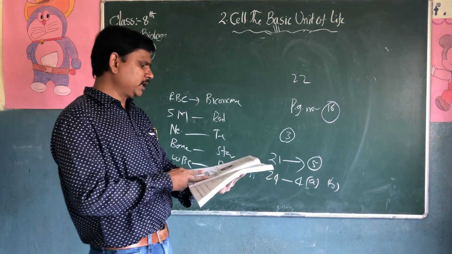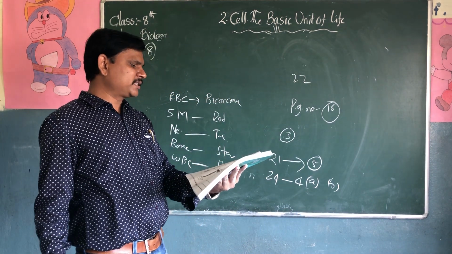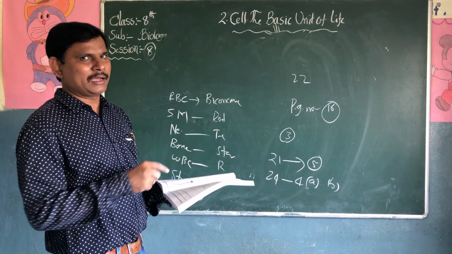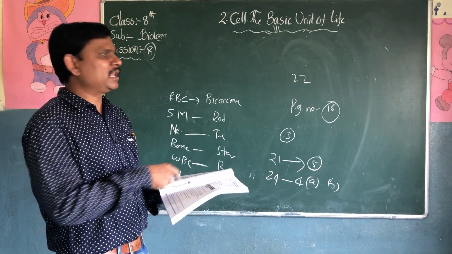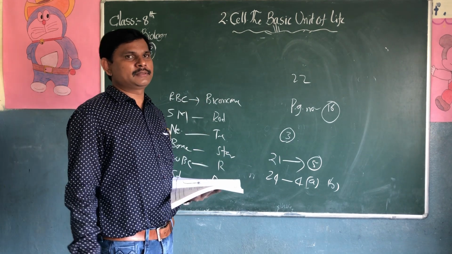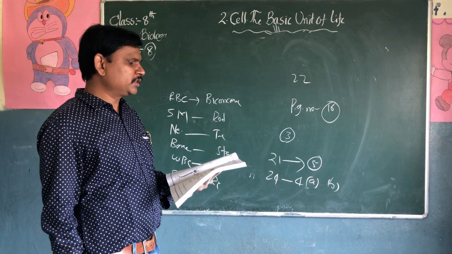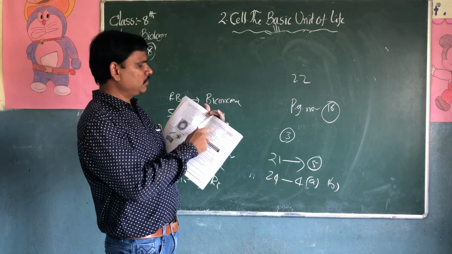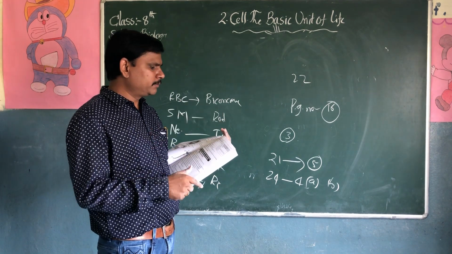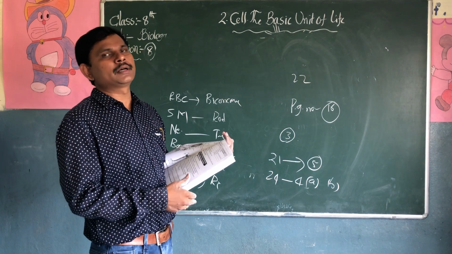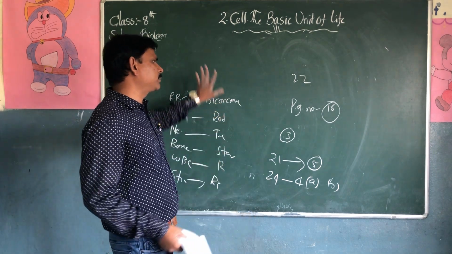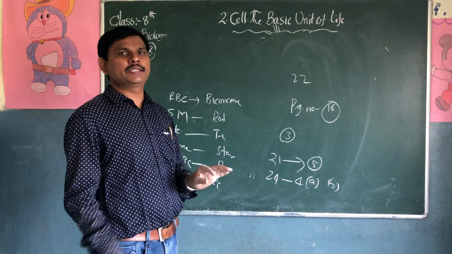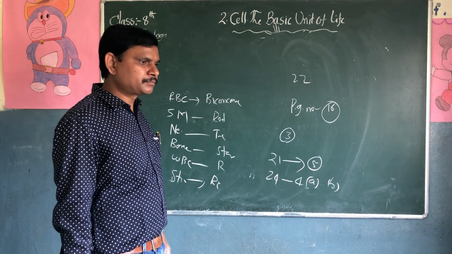What is 4A? Observe the following cells and collect permanent slides. You just have to draw the diagram and label the nerve cell. I have written labels on the board. And fill the following tables with the help of your teacher. Already it's there in page number 25: name of the cell, shape of the cell, name of the parts observed in it. I already explained on the board. Once again, go through this workbook and write it in your classwork. This is the classwork homework.